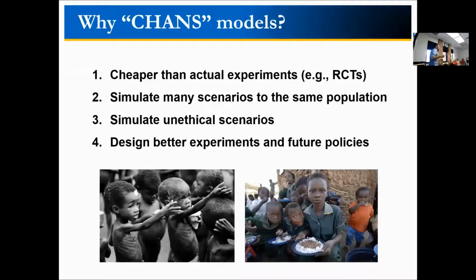And those models can be a first step towards designing better experiments or future policy. And those are, I believe, the main reasons why people like me are interested in those types of simulation.